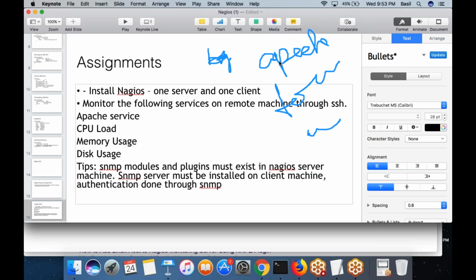You don't need to complete the full assignment. I just want to make sure that you understood the logic. So monitor only these four things, nothing else. Basically, you need a different script that uses SSH to connect to the remote node and then execute and find out these things: if Apache is running, if CPU load is high, if memory usage is high, if disk space usage is high. So download this script, then use those scripts to find out the load on the remote machine, to monitor these services on the remote node. Do this.